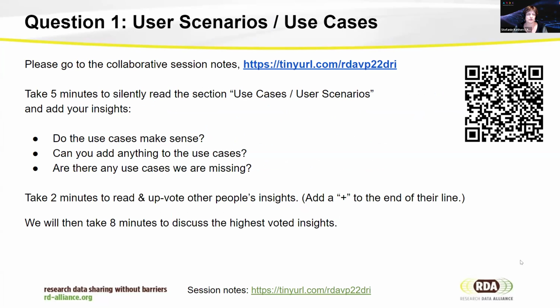So what we'll do here is we have a slide with instructions, and then I'll start sharing the group document. Please go to the collaborative session notes and let us know if you can't access them or have any trouble editing them. Take maybe 5 minutes to have a look at the section under the first blue box, question 1. I've actually added 2 use cases, or rather 2 stakeholder types, that were just brought up in the discussion earlier.